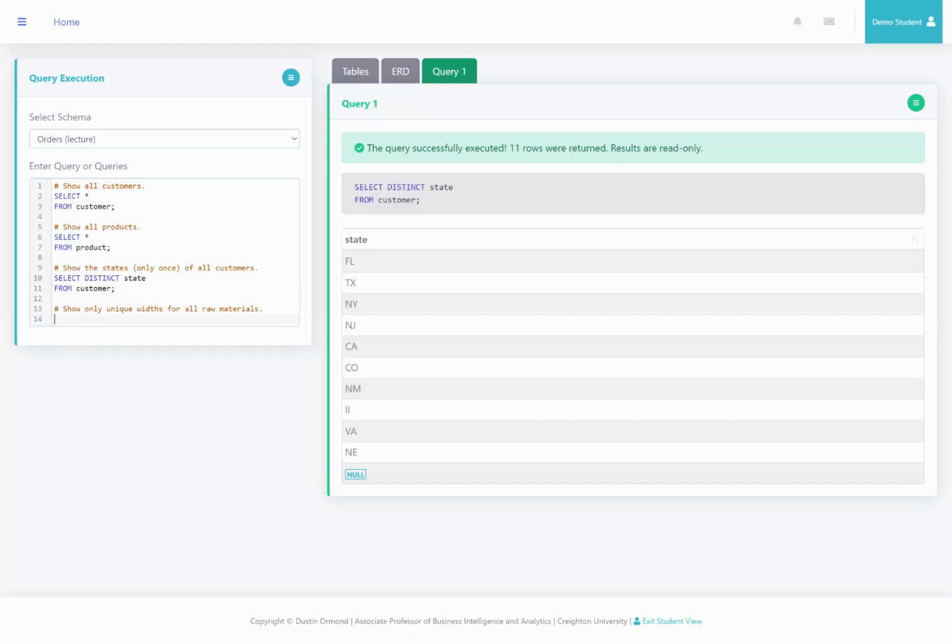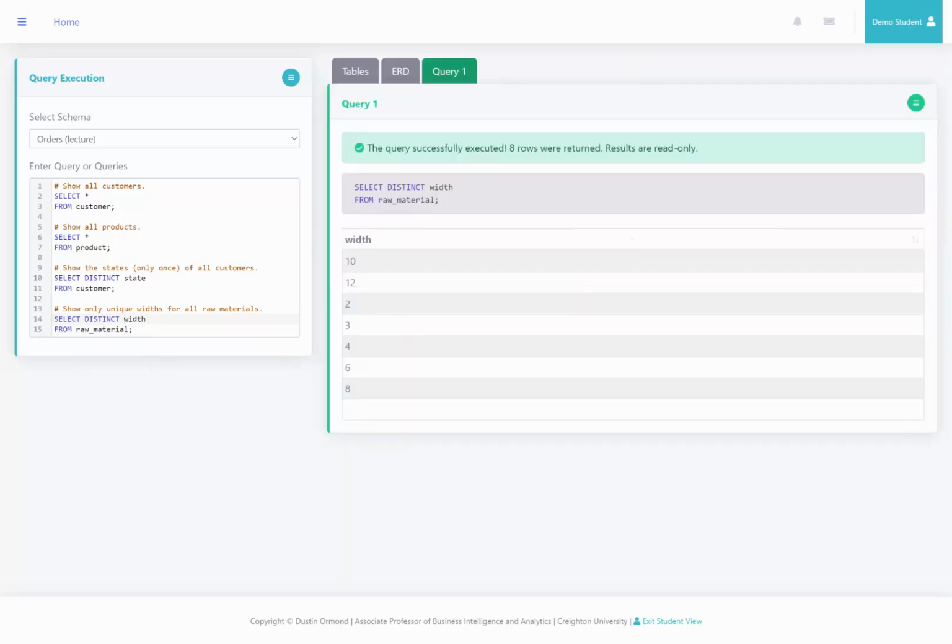The next one asks us to show the unique widths for all raw materials. So I'll say select width from raw material. And again, since we only want unique widths, then we're going to use the keyword distinct. I run this, and these are all the unique widths in the database. Notice we have an empty row. This is basically a blank row. It's not null. It means that someone provided a blank value